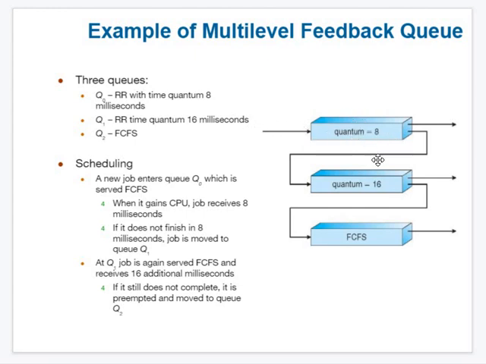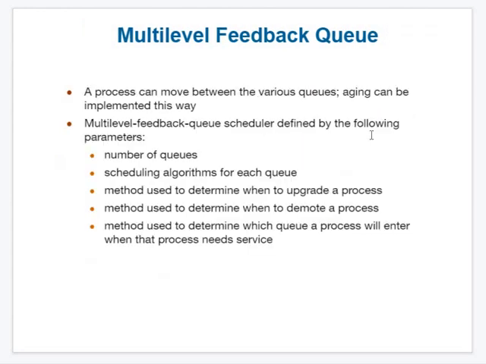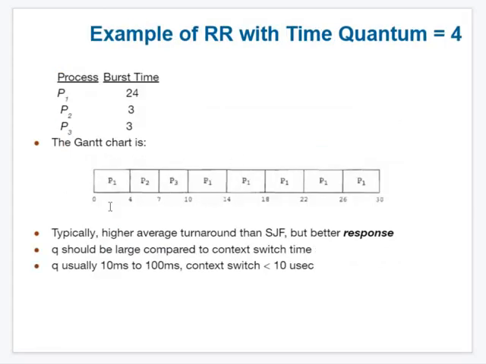You can see why it is round robin, because I can see the word quantum. The second is also round robin, because I can see the word time quantum. The third is FCFS. You can take the help of the round robin algorithm. You can see here P1, and P1 is not yet completed. By this time it will complete. What about P2 and P3? I think you can see P2 and P3 will finish before P1 completes.